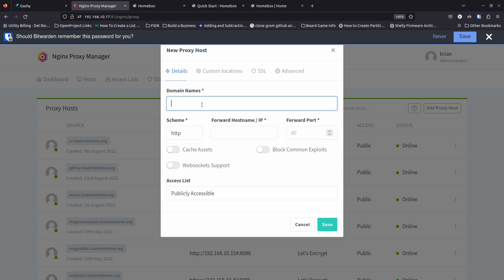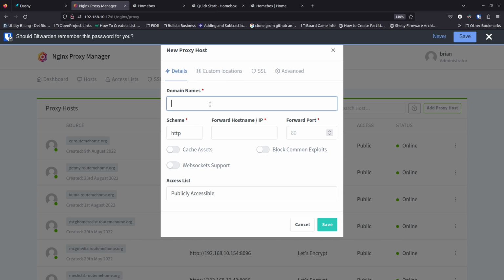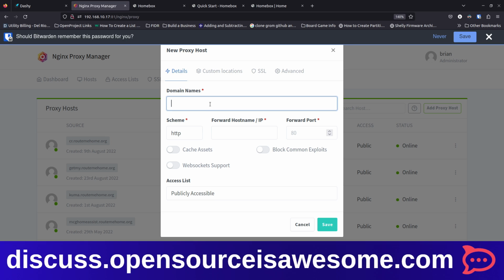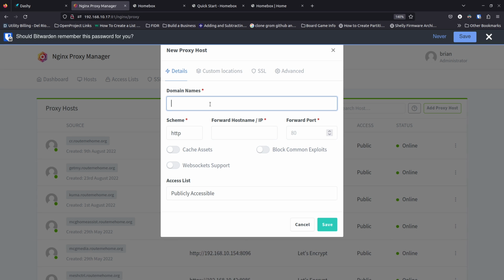Nginx Proxy Manager gets that request and says, okay, let me see if I have one of those things listed here for your entries. If it's whatever.routemehome.org and it doesn't see it, it just gives you a congratulations page. That's it. You can't go anywhere else. But if it sees it, it says, oh, I see what you put there. Let me send you to the right place to get to your application. So I'm going to call this